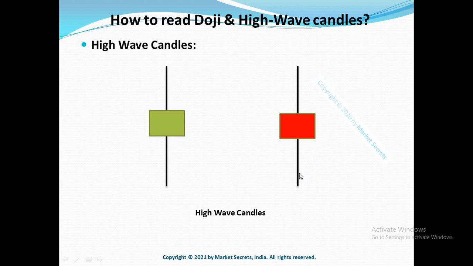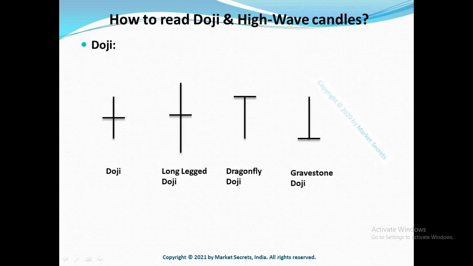Based on the type of doji formation and the location of the doji formation, it can represent an indecision or it may even represent a bullish or bearish sign. So try to understand the price action behind the candles and don't just blindly follow the candles. For example, if you see a dragonfly doji formation in your chart and if it is happening near a higher time frame demand zone, it's a strong sign of reversal. You can blindly go long. The reverse is true for gravestone doji, but if the doji formation happens in the middle of nowhere, then it represents an indecision in the market and you should not be trading that particular setup.